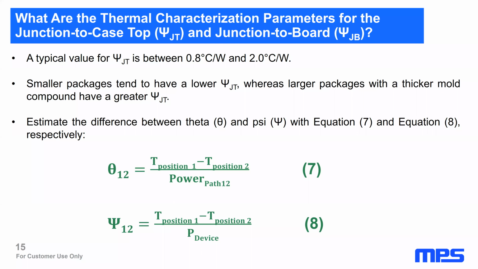Compare with equation 7 for theta. This method is not possible because for a custom PCB, theta is in most cases unknown, and also the power in a specific path. It is impossible to use it in a practical manner to calculate your junction temperature on your custom PCB. With 7, it's almost impossible. You don't know the parameters. For 8, it's possible.